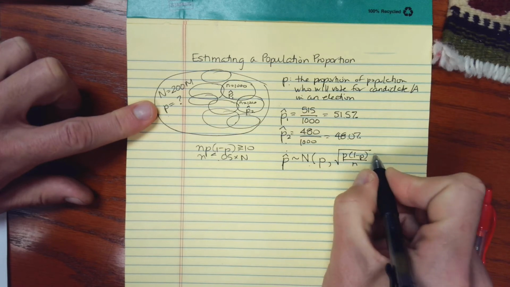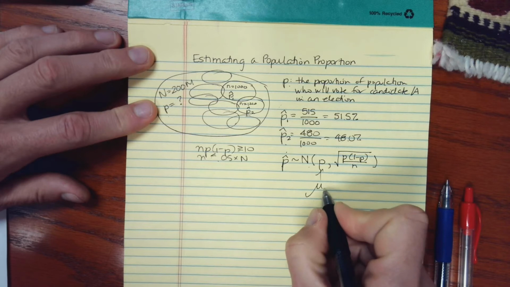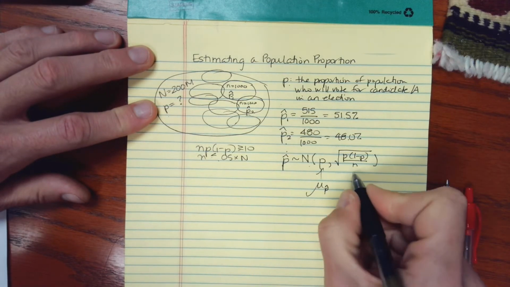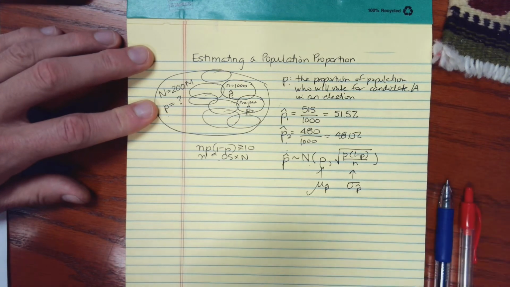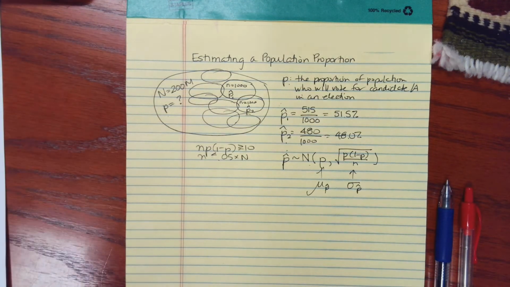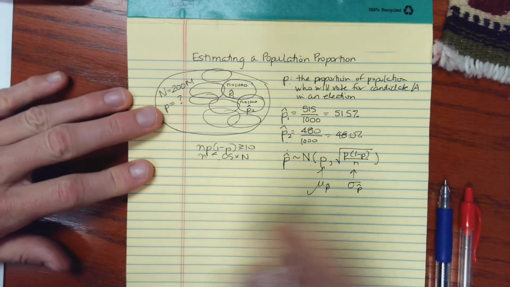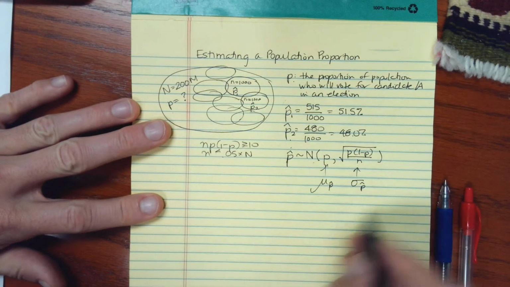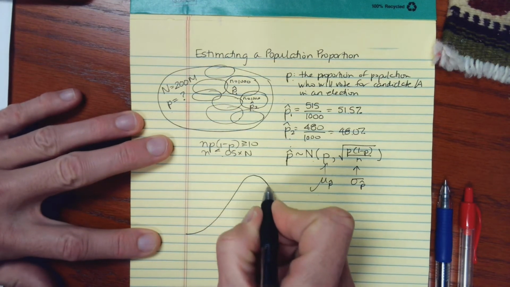So this value is the mean of the sample proportion, whereas this quantity is the standard deviation of the sample proportion. The problem is, well, actually before I get to that, let's get a picture of this. So it's bell-shaped,